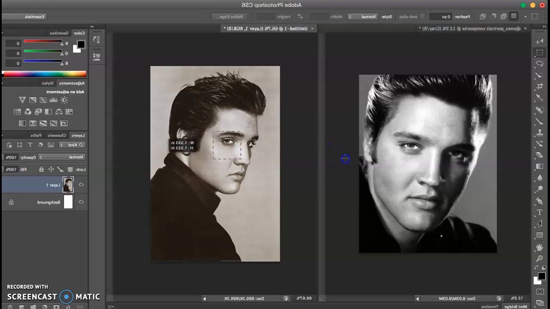Anyway, I'm going to take a square with my rectangular marquee tool. Again, hold down Shift and you get a perfect square. Now I'm going to take my Move tool. Really only two tools that we're going to use in this entire lesson. So watch what I do. I'm going to go ahead and drag it over